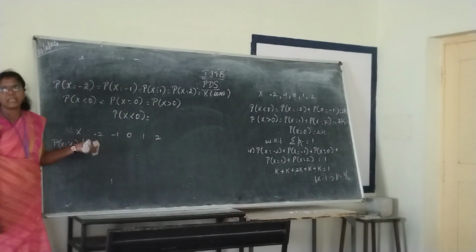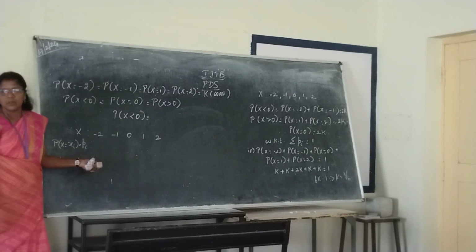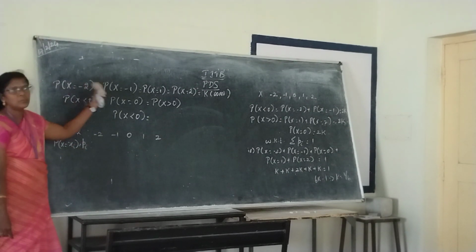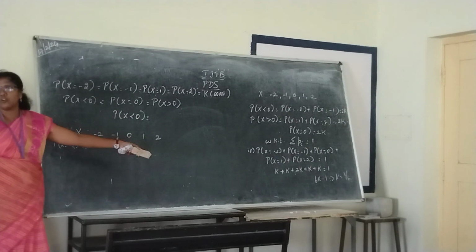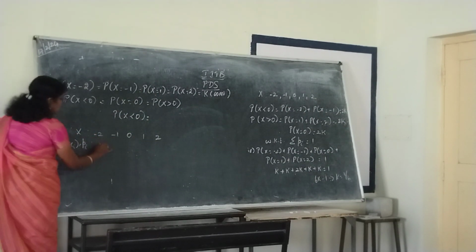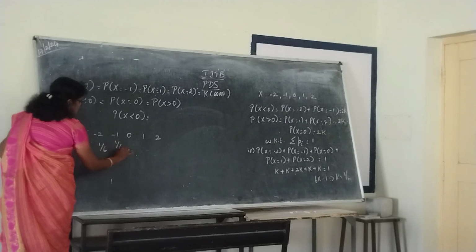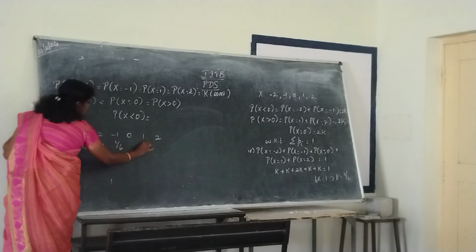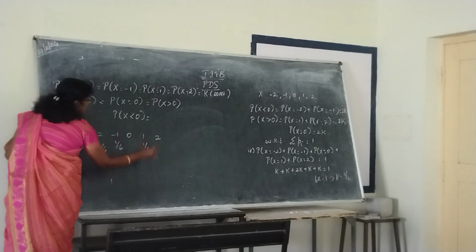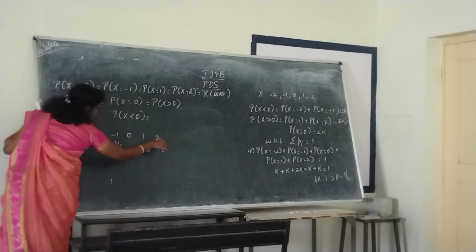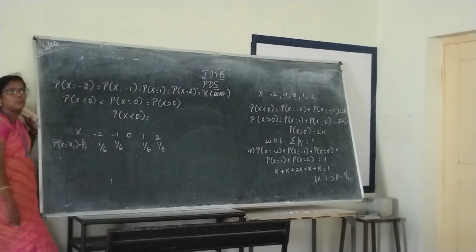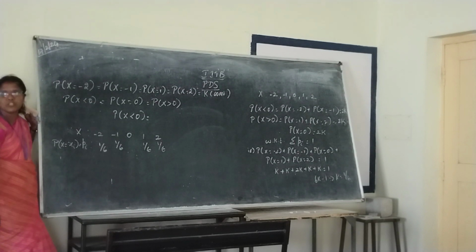Now we have replaced the corresponding probability value. What is x equal to -2? K. What is the k value? 1 by 6. X equal to -1? 1 by 6. X equal to 1? 1 by 6. X equal to 2? 1 by 6. All these 4 values are equal to k. X equal to 0 is